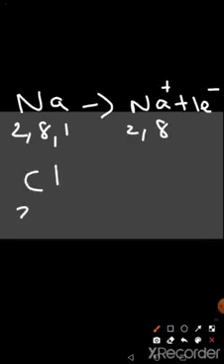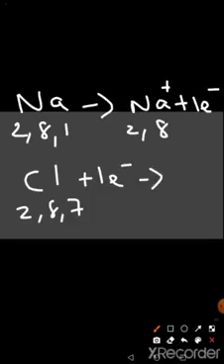Chlorine, electronic configuration 2, 8, 7. When it accepts one electron, it will become stable and it will become negatively charged. This is the equation form. Okay, now let's do the dot structure